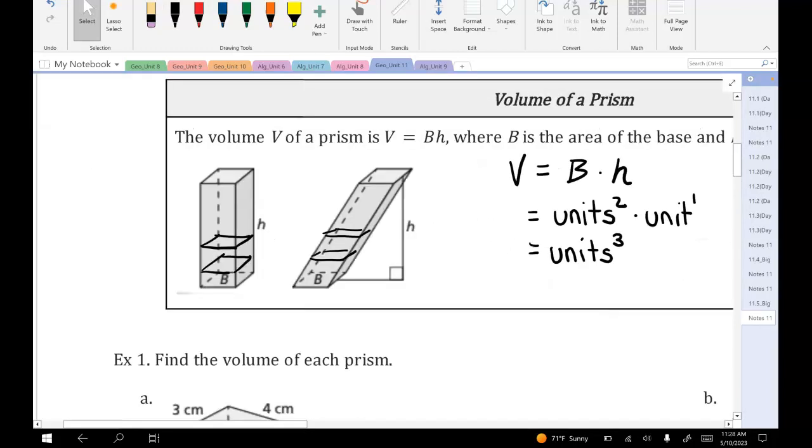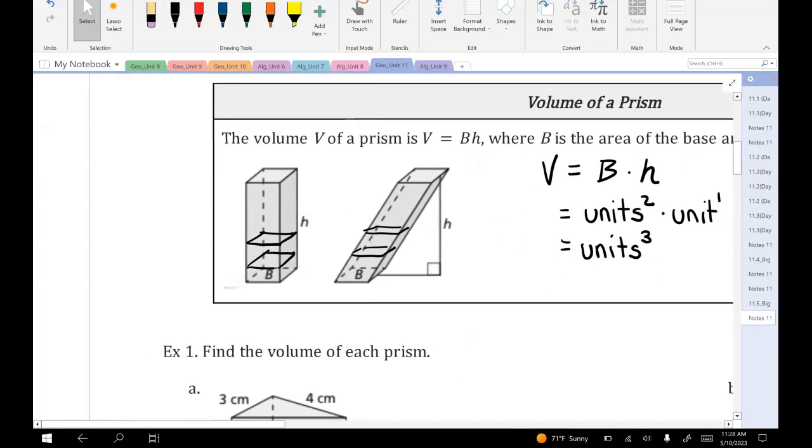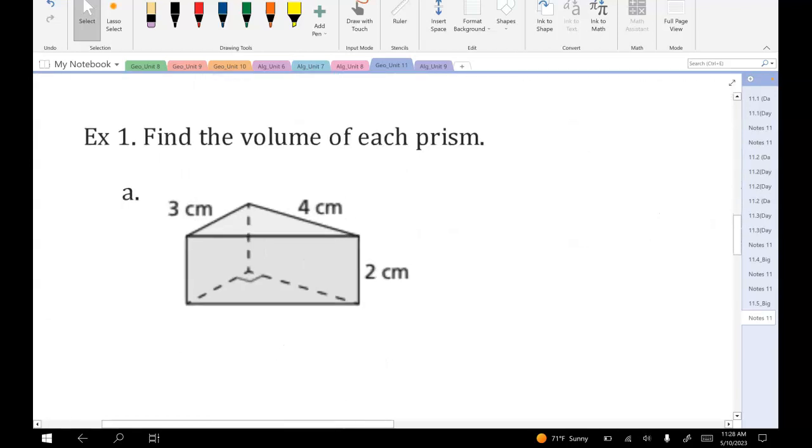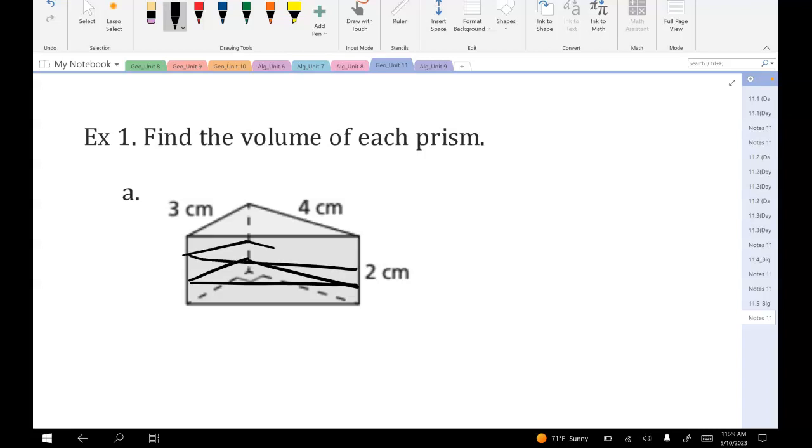So our first example, 1A, we're finding the volume of a triangular prism. The first thing you always have to do is figure out what shape your base is. Our base here, if we stack up, is a triangle. We can make a bunch of triangles in here. Think like layers of a cake. Each layer is a triangle. So we take the area of this base, multiply it by how high we're going,